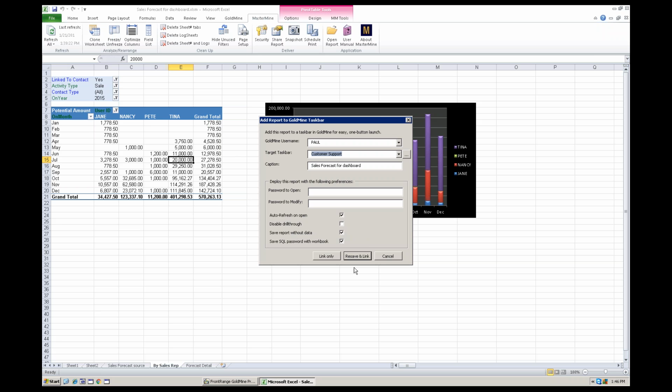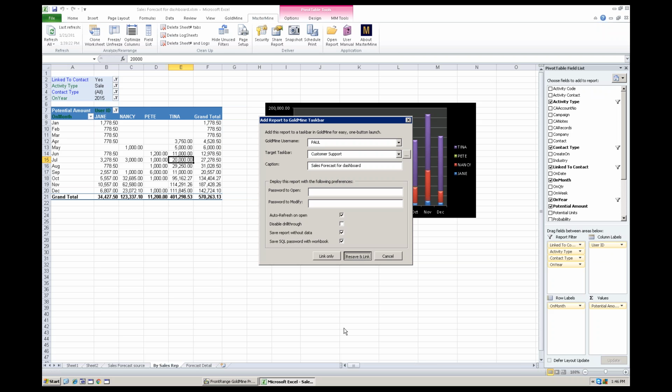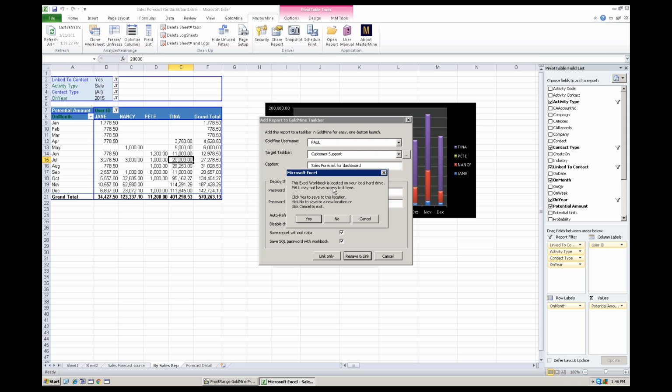Okay, so then your final choice is going to be, do I save this? I want to save this in a location where Paul can get to it. If I created the report and saved it by default on my own workstation, Paul's not going to be able to get to it. I'm going to need to save it to a network location that Paul can reach. So I probably hit resave and link. In fact, it's even asking me, the Excel workbook is located on your hard drive, so Paul may not have access to it here. Do I want to save to this location or a different location? I will say